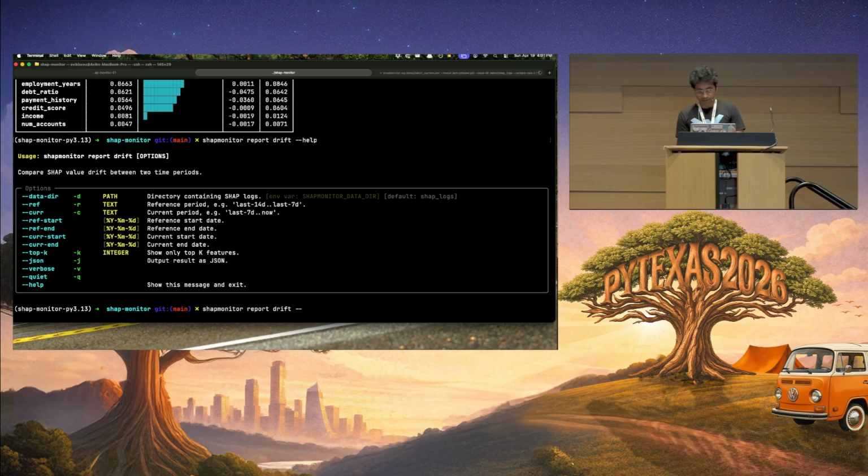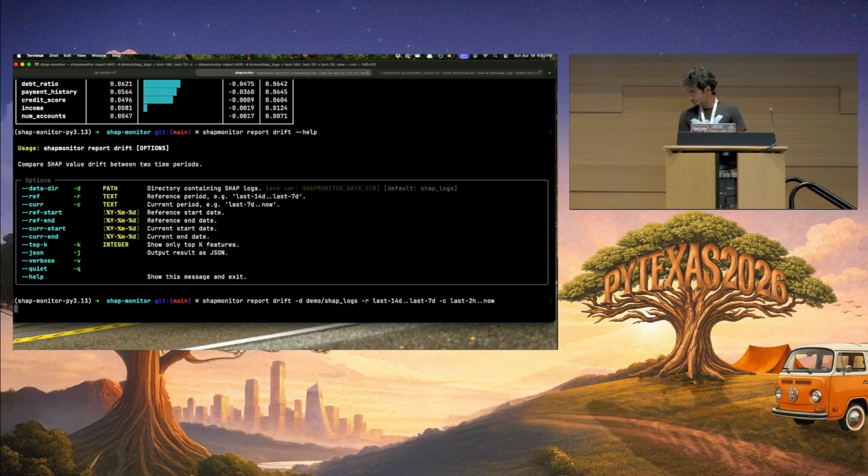Well, we can do demo shap logs again, and I can give my reference time period as maybe last 14 days to last 7 days. And then the current time period is maybe last 2 hours to now.